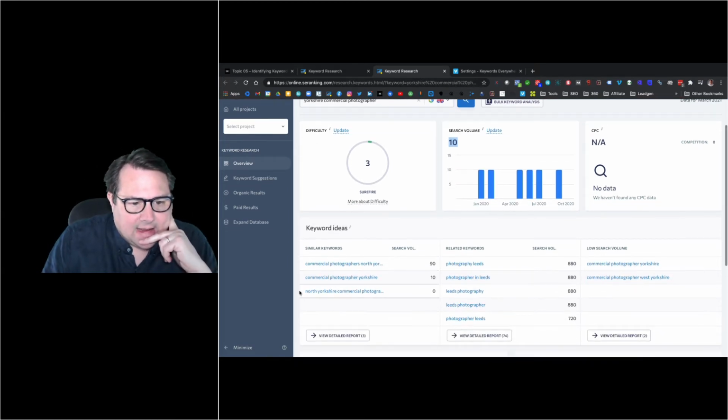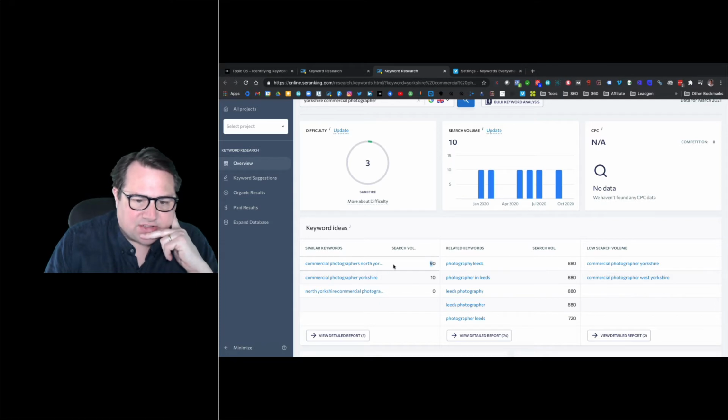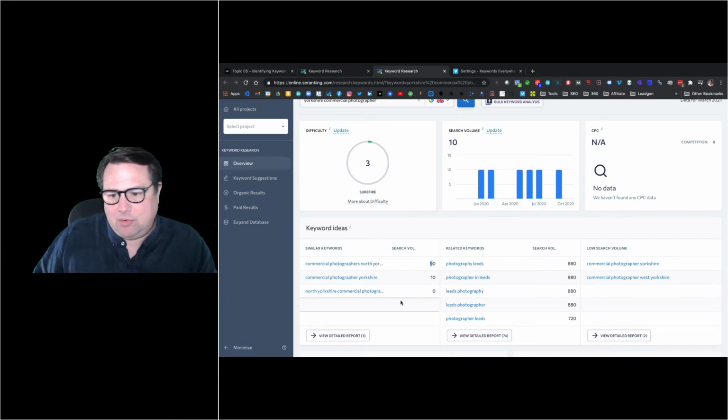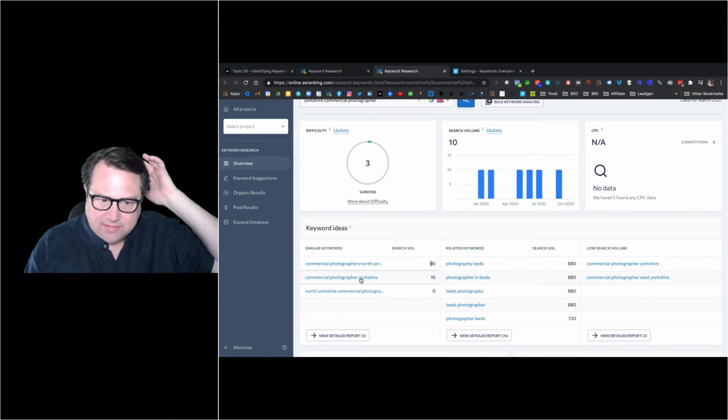But I'm just looking here, and then I can also see that commercial photographers North Yorkshire is 90 searches a month. So again, I'm having this thing of looking broadly and then drilling down to try and find a keyword or set of keywords that has some volume, but also is going to be realistic for me to be able